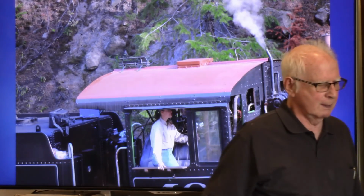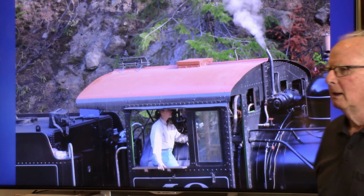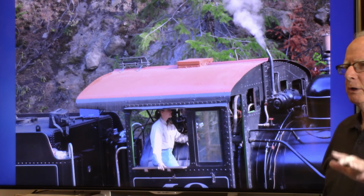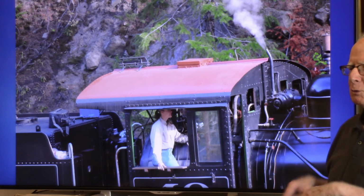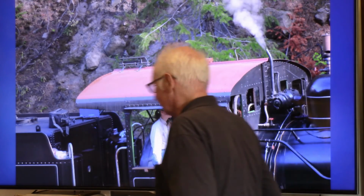I just put this in here just for variety. This is off the Georgetown Loop Railroad in Colorado. There are seven female steam locomotive engineers in the country, and this is one of them. And I took her picture. So anyway,